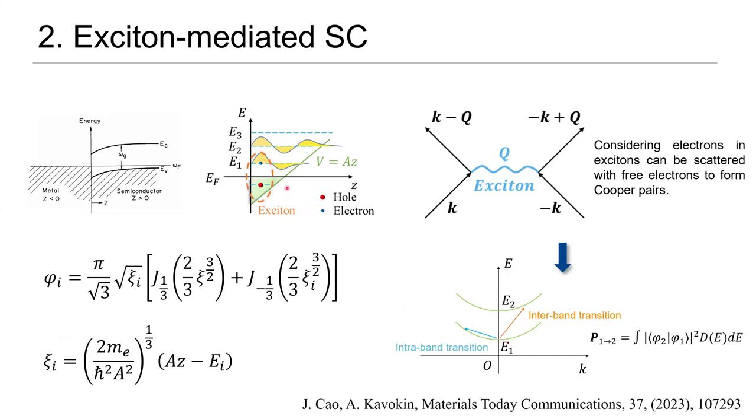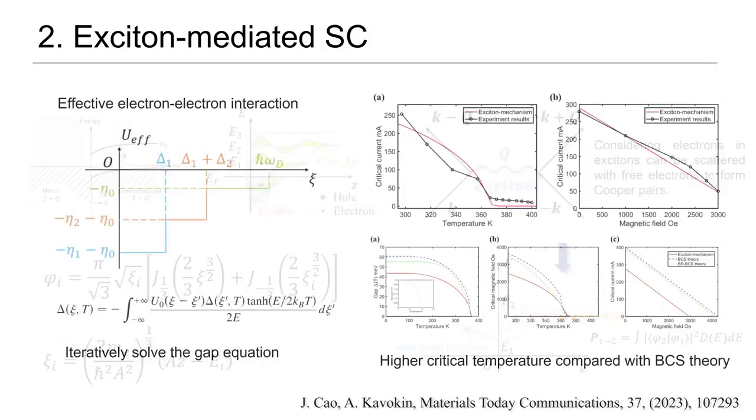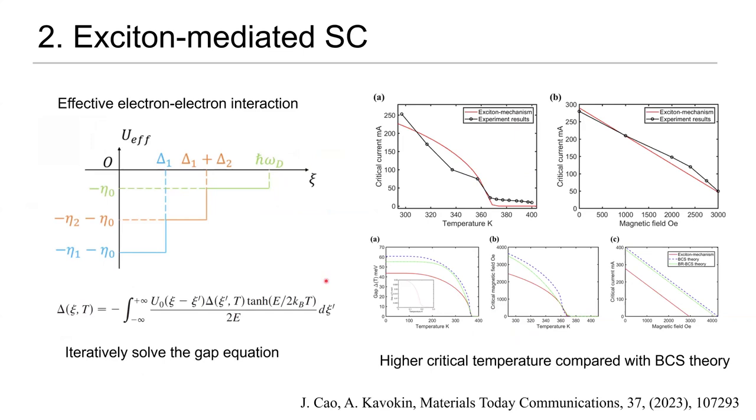Interband transition happens when electrons jump from the energy level E1 to energy level E2. These two different scattering channels will provide us with a stepwise effective electron-electron